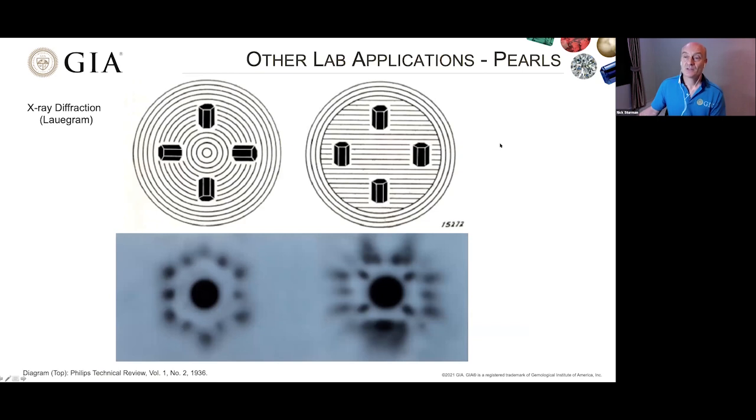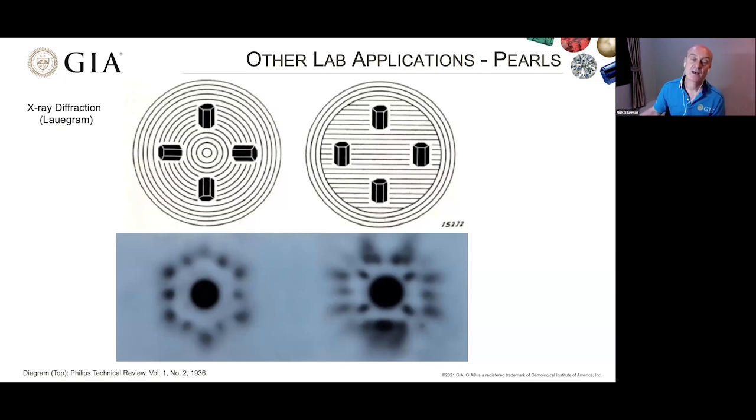And going back a bit to pearls, this technique of X-ray diffraction, which we also call Lowrygram, or Lowy for short, is something that we used to apply to pearls as well. I say it's not really applied these days because we have CT and there's no need to, but it used to be used to separate bead cultured pearls from natural pearls. And if you remember right at the beginning, I showed you the very old X-ray machine. This is the type of method that was used for that machine.